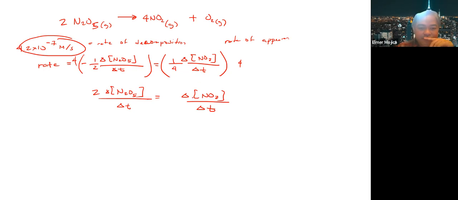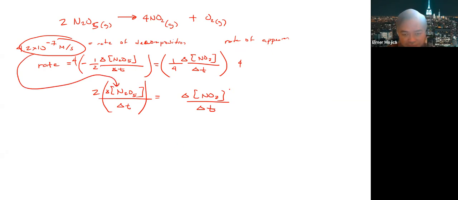So ang mangyayari, okay, so here as you could see, simplifying them, so for every 4.2 times 10 to the negative 7 of rate of decomposition, yung rate of appearance mo is twice. Okay? So i-multiply mo by 2 kung ano man yung rate nito para maging rate of appearance. Kasi itong value na to, dito to eh. So to get the value of that, okay, you multiply that by 2.